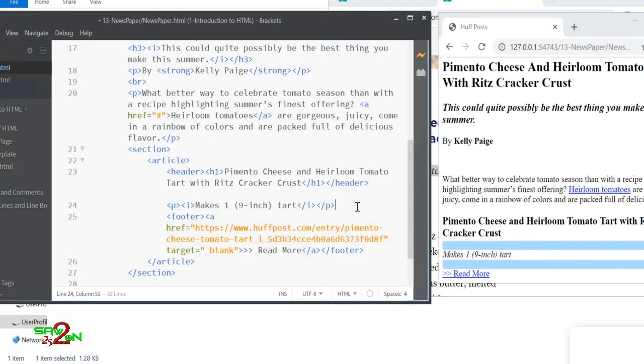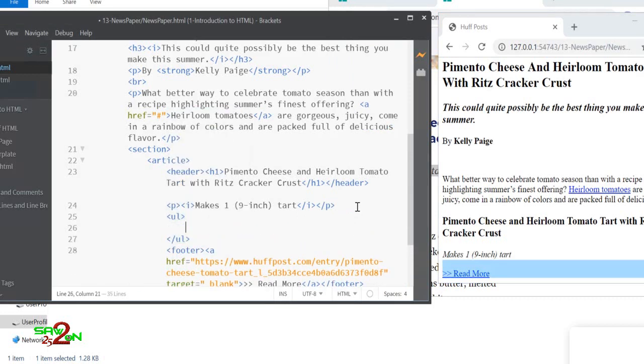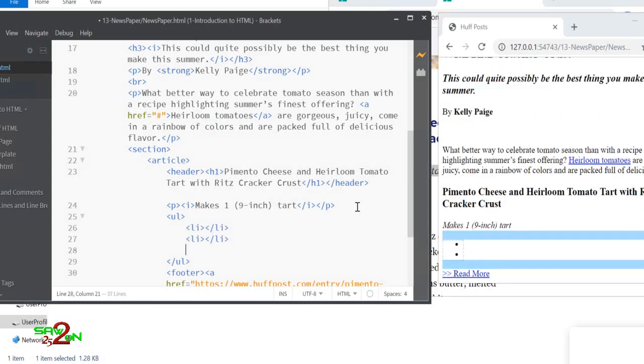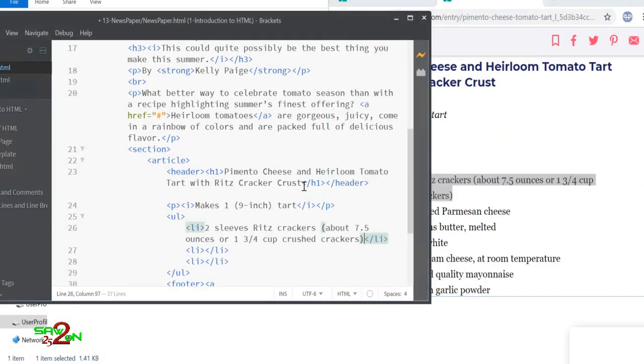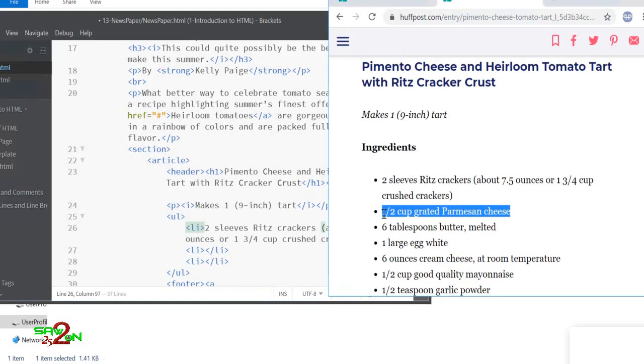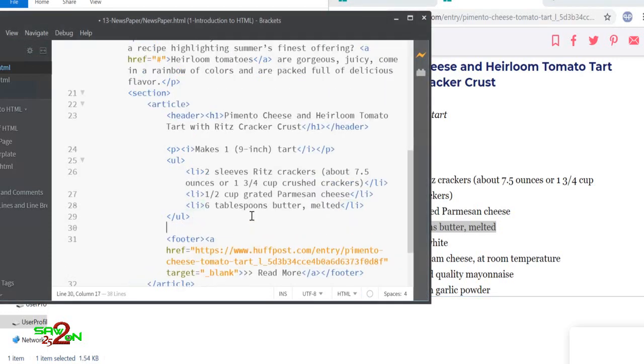Then we will add our unordered list. So ul, li, so we add 3 points and we just copy paste things here. Okay, all right, so we have that.